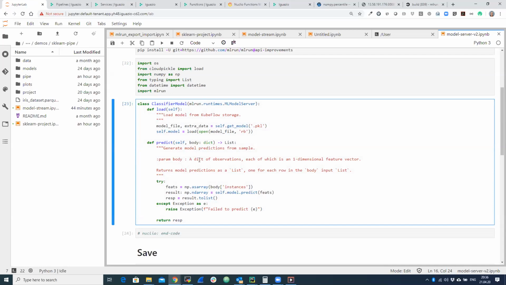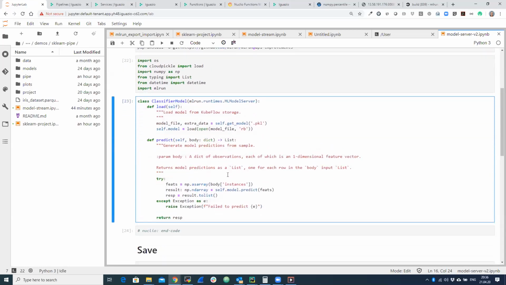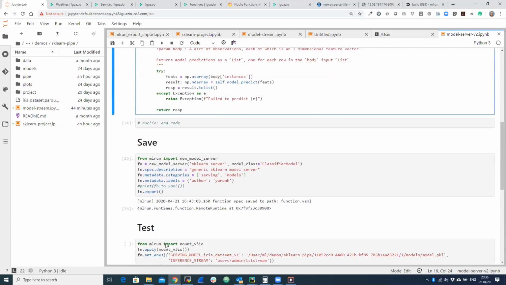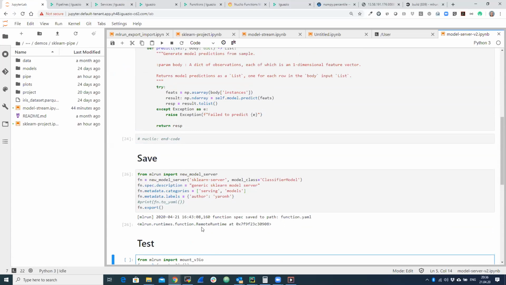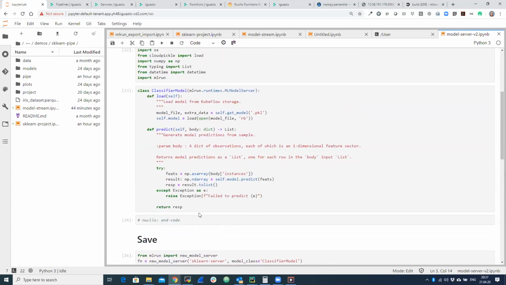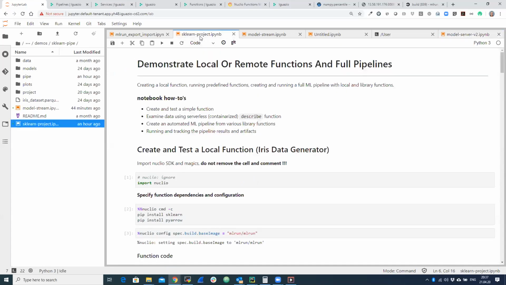And again, I can write this function in my notebook and I can just save it. If I want to test it, I can just go and deploy that function and run it again. Very easy to work with functions. I could write them and deploy them. And now let's build a full-blown project that's using a bunch of functions.